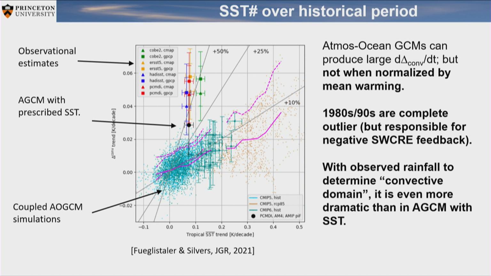And the point is, that is the same period as this atmospheric model with prescribed SSTs. So you see, they are even more out of the norm of what the coupled GCM gives you. I think that is very dramatic, because it's exactly the best observed period that we have, right? It's only over this period that we actually have satellite data, that we can make statistical statements about distributions and not just have a few single ground-based stations.